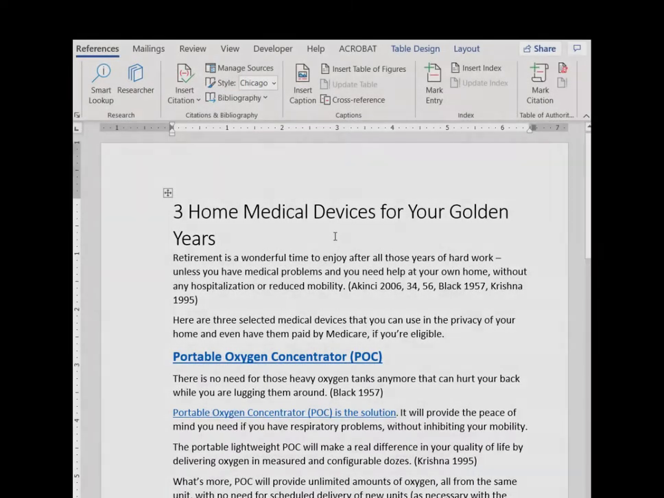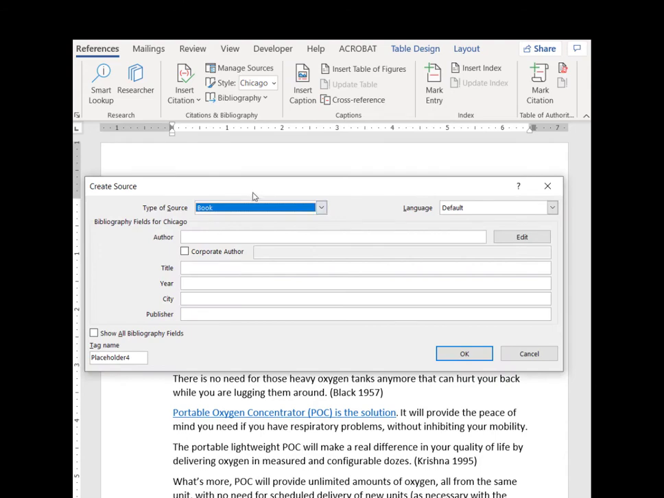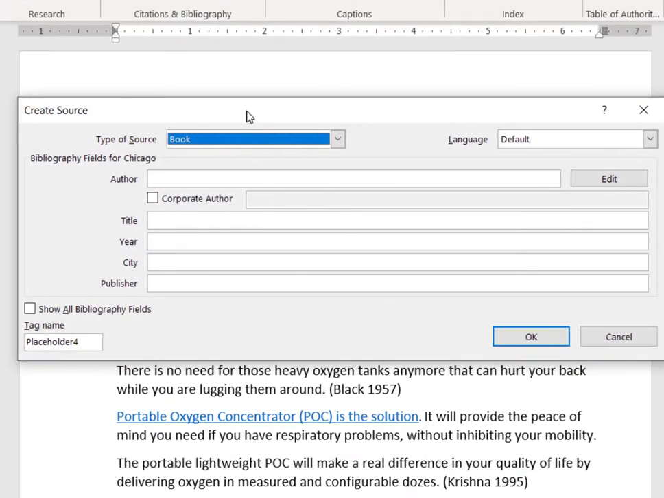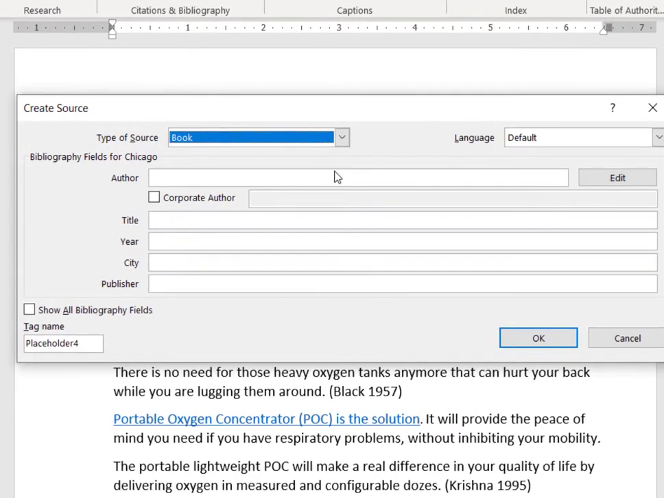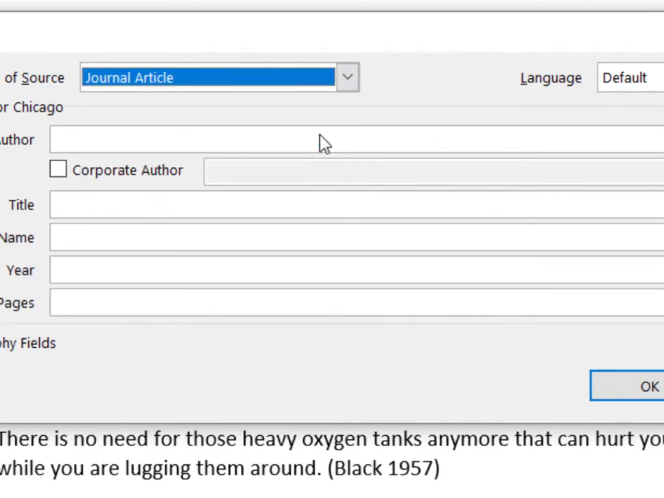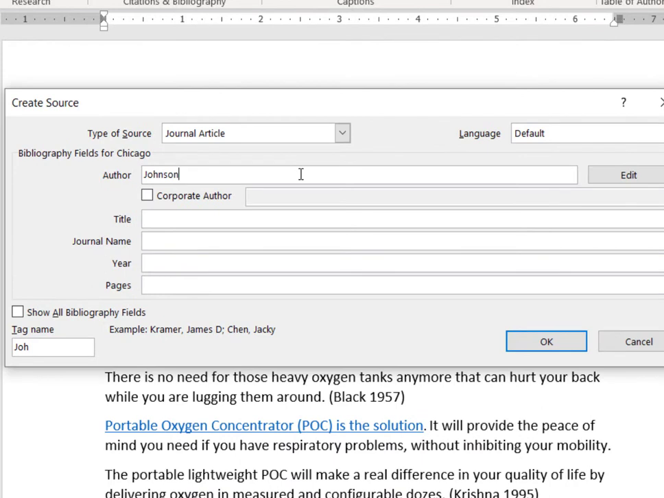Here is how you can create a new citation. Let's say we want to insert citation here. You click Insert Citation and you click Add New Source. This opens the Create Source dialog box. You select either it's a book or a journal article, and an author, let's say Johnson